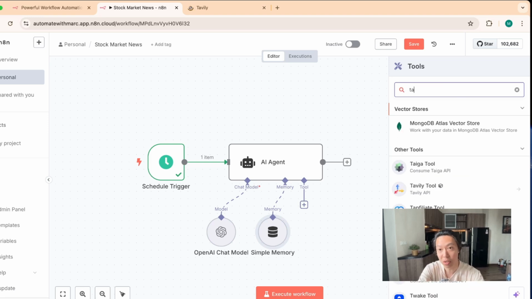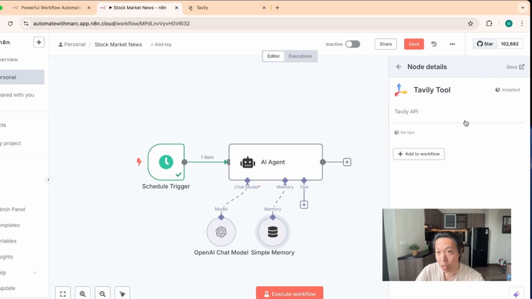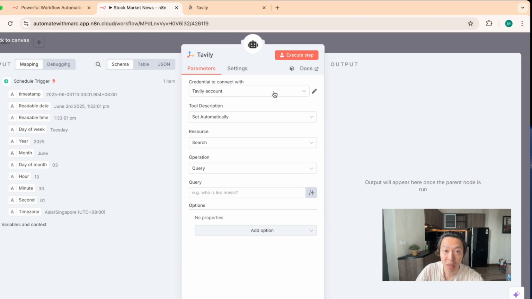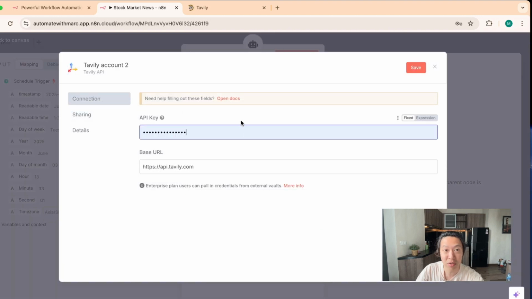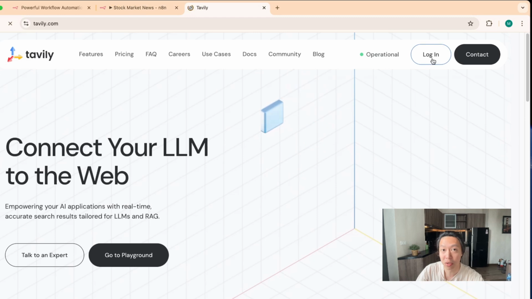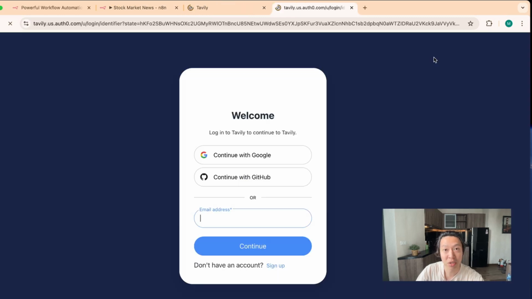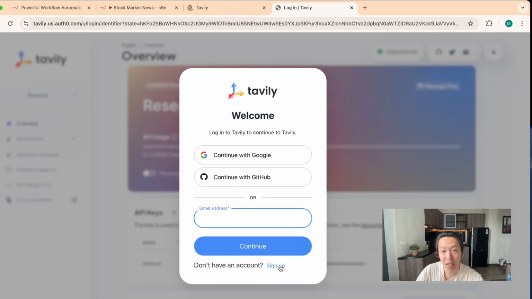In this case, we're going to use Tavily as the research tool to go to the web and search all the relevant stock market information or stock market news of the day. So I'm going to add this to the workflow. Okay, I already have a Tavily account set up, but I'm going to show you how to set it up if you haven't. Essentially, go to create new credential, and you're going to see this, right? What you want to do is go to Tavily and log into Tavily. And if you haven't logged in, you can sign up